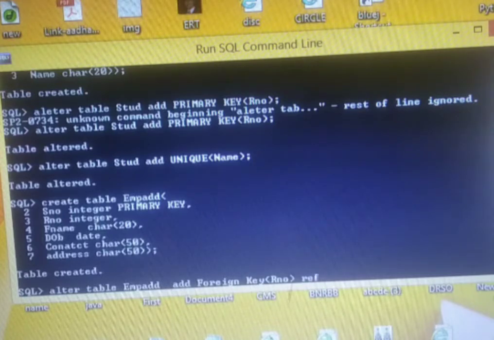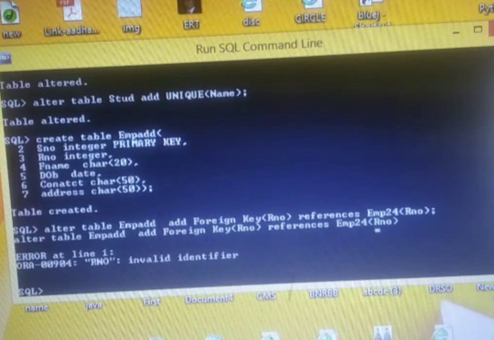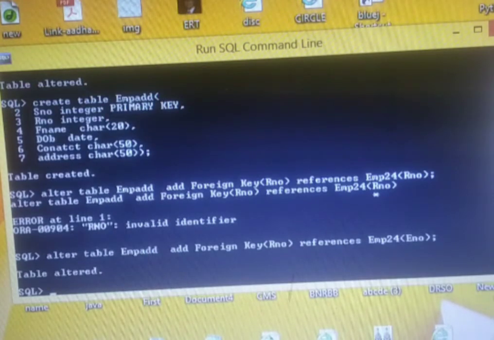Then we'll write the keyword references, and in references we write the previous table EMP24, bracket RNO. That was an employee number in that one. Here it is RNO and there it is an ENO. Now both of them have been related to each other.